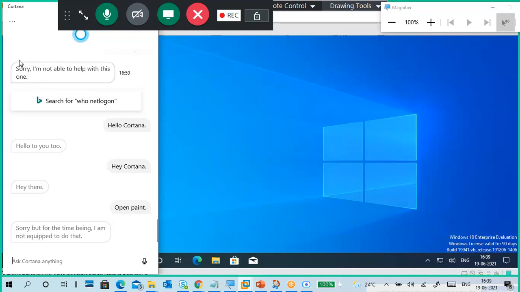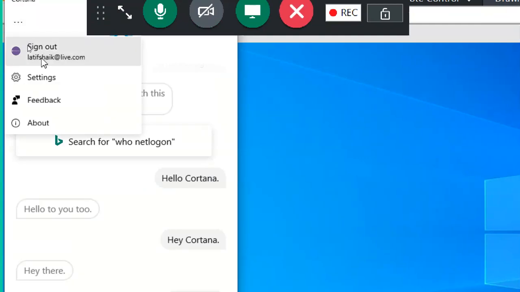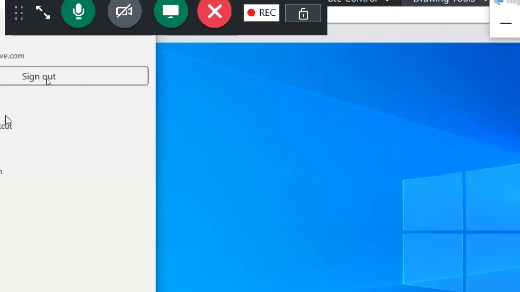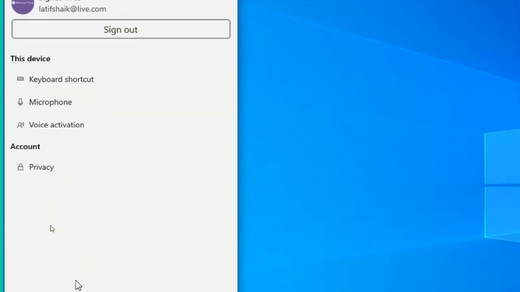Earlier, if I said open Paint or anything, it worked. If you observe here, I use my personal Microsoft account, and this is the settings. If you get this, you have to go to settings and change them as per your requirement. Settings: voice activation, microphone, keyboard shortcut.